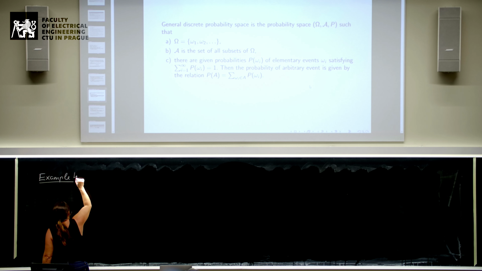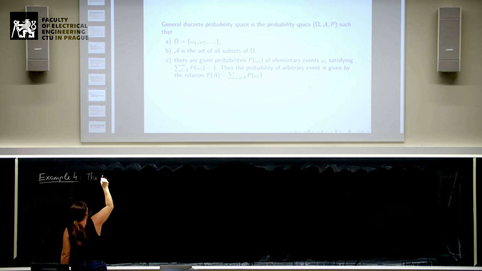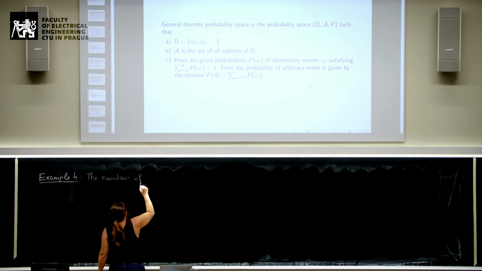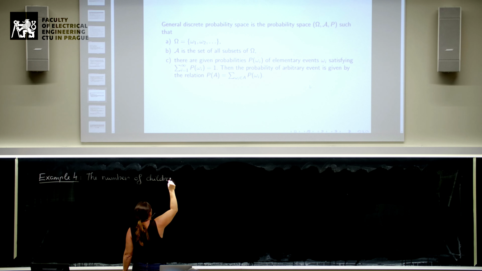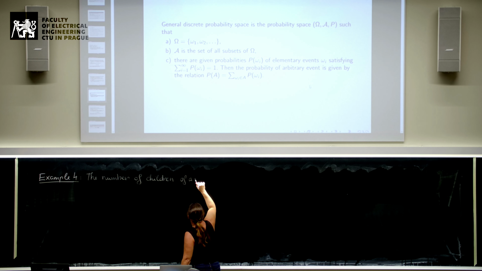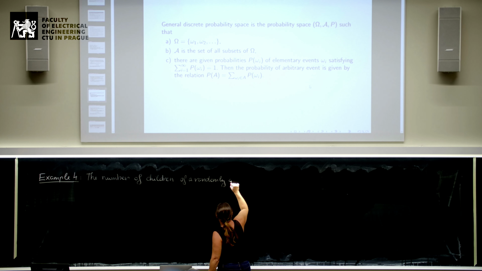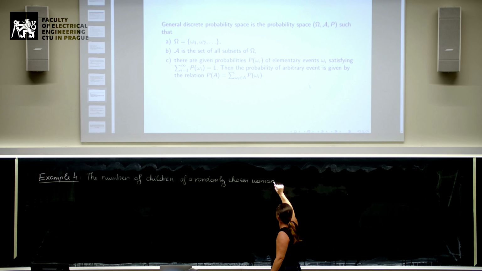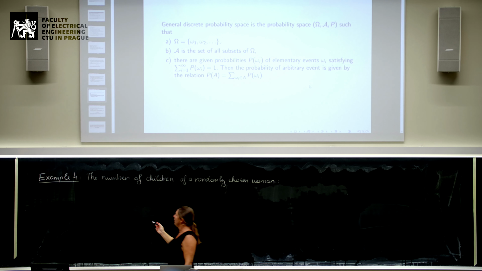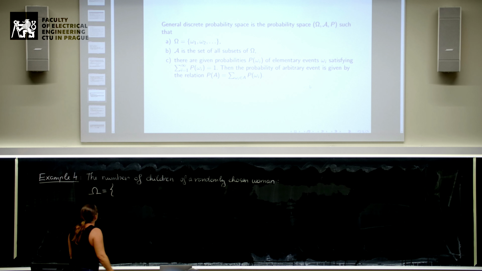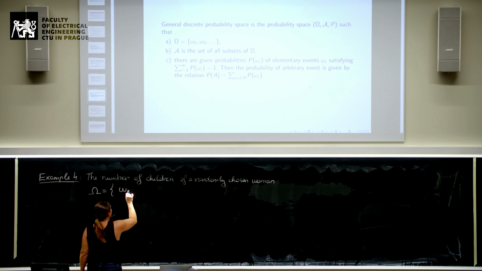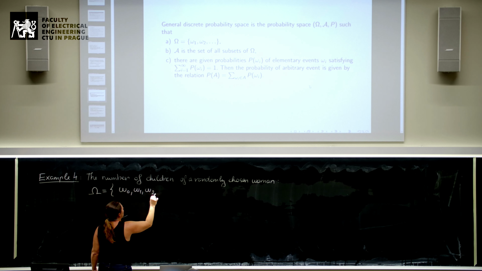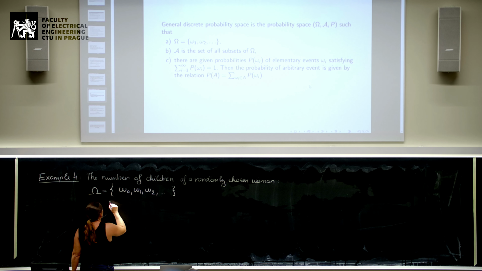So, let's consider a situation when we observe the number of children of a randomly chosen woman, and in this situation we have the set of elementary events given by omega 0, omega 1, omega 2, and so on, where